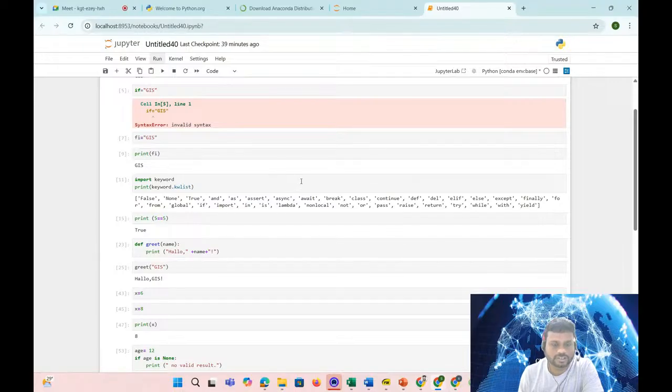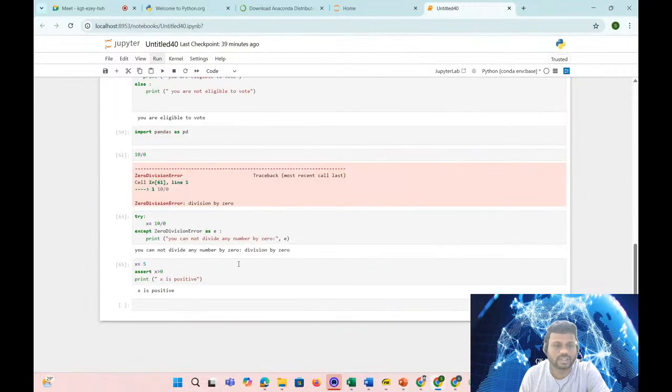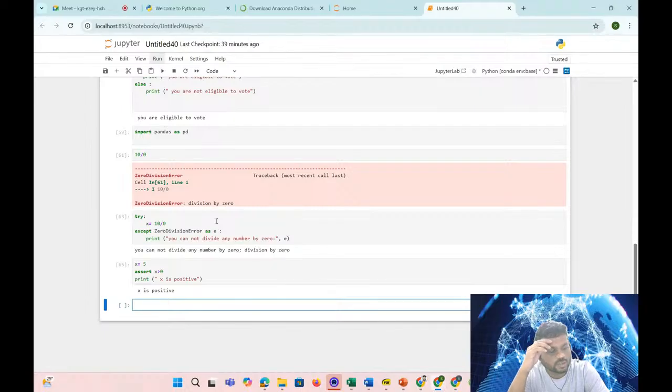So now we come to the other reserved keyword, async. Async is used to define asynchronous functions. These are functions that run without blocking the main program. It is commonly used when dealing with Internet of Things tasks like